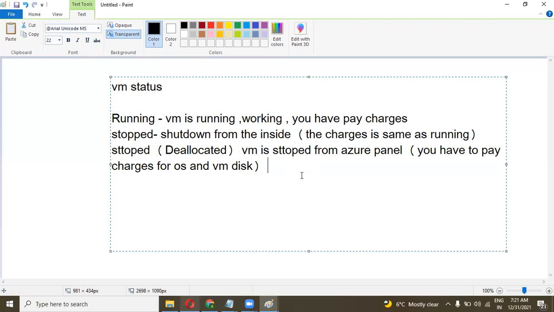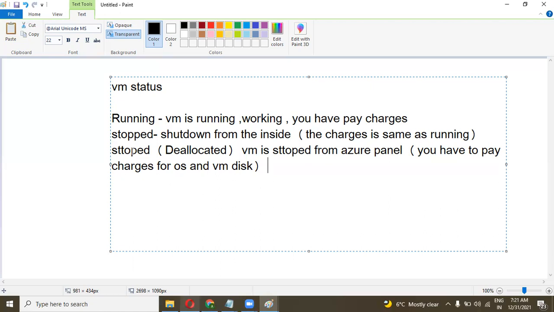Yeah, this will be used in a case like on the weekend we don't need the server, we can shut down and save some money, right? Yes. If you shut down from inside the machine, then the charges are the same as running because you allocated the resources.